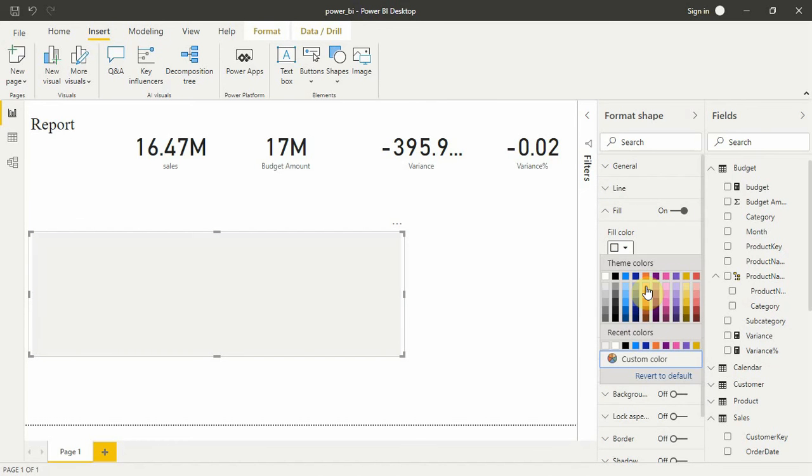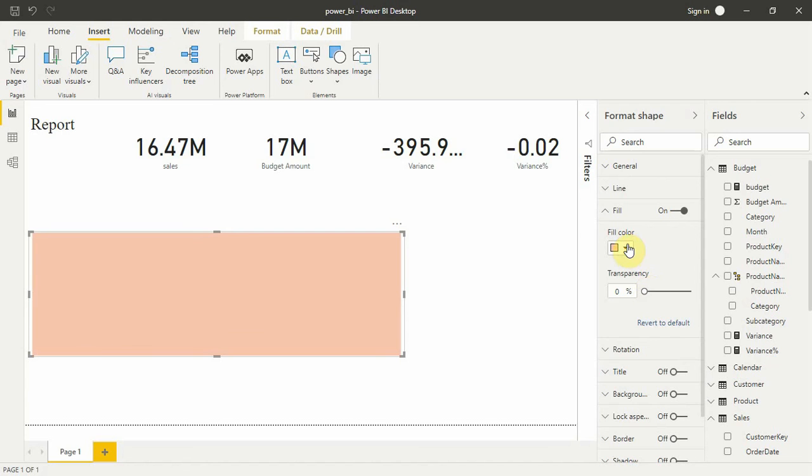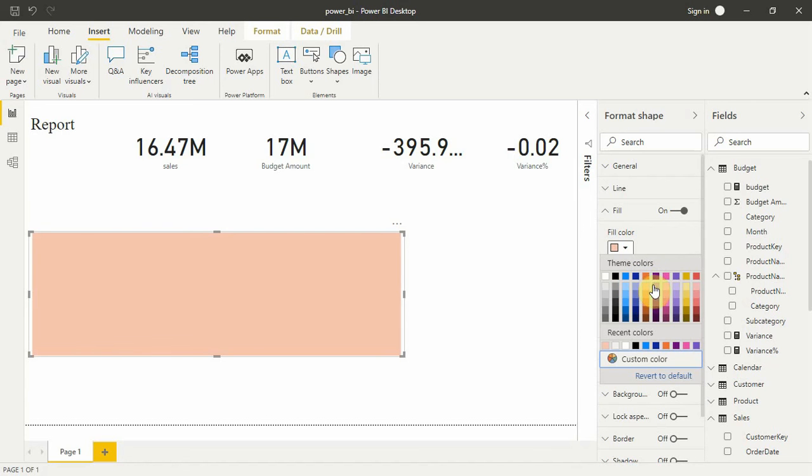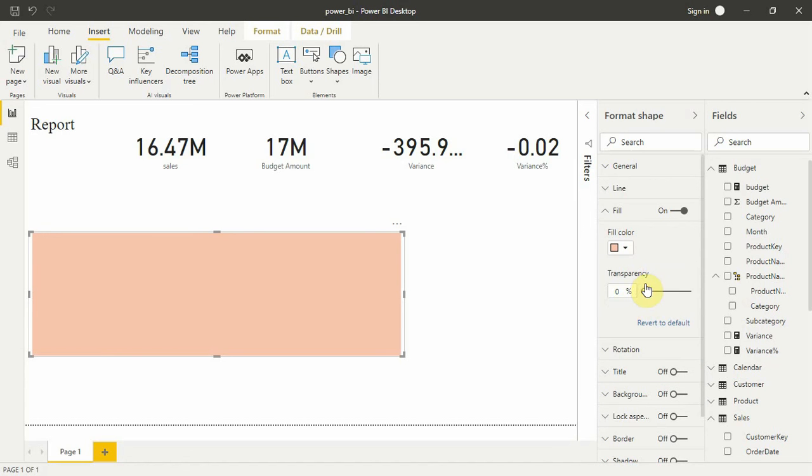Is there any color lighter than this? I think this is the lightest one. Let's make the transparency 60%. I think 40 will suffice, or 30. Alright, 30 is cool.